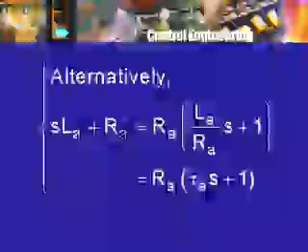You will find in many books the transfer function terms or factors written either in the form S plus something, usually plus because that number is positive, or as I have been writing S minus Pk, where Pk is the pole, a particular pole, alternately as tau S plus 1, where tau is a time constant. One has to be familiar with both these expressions, and one expression, say S plus 1 by tau, will be useful in one application, whereas the other expression tau S plus 1 will be useful in another application, and going from one to the other is just a question of pulling out a factor and rewriting the expression, nothing really complicated.